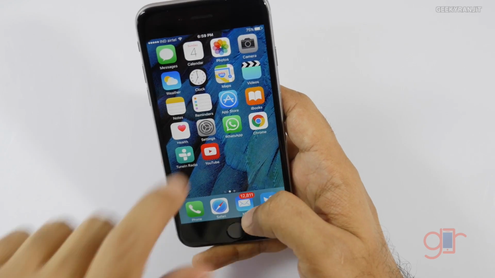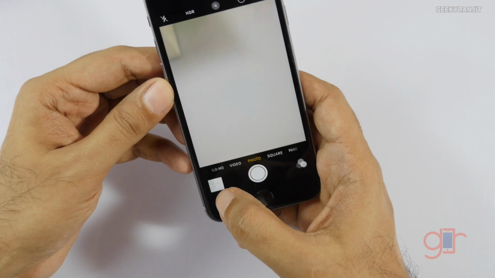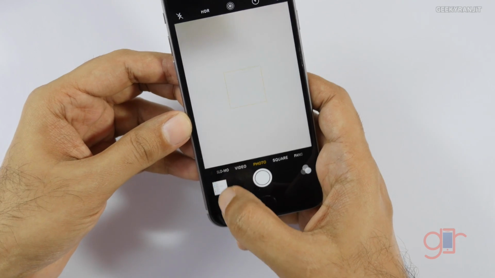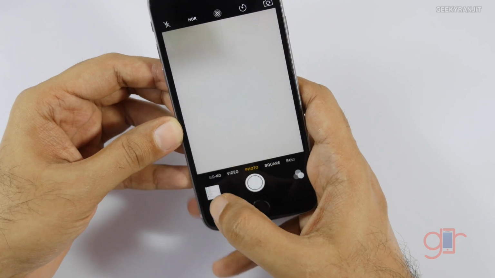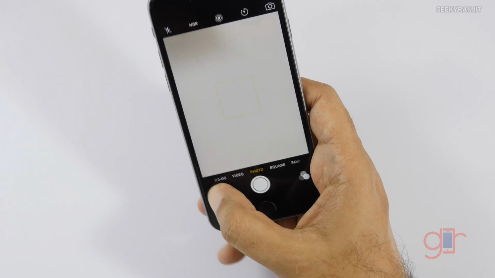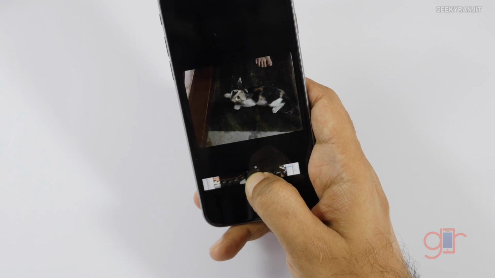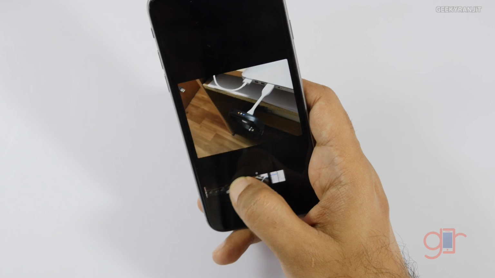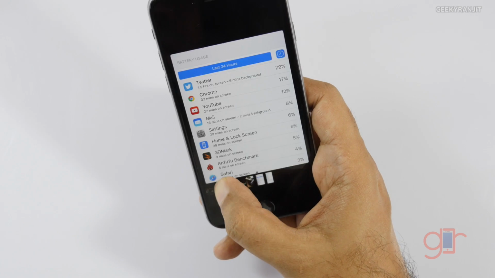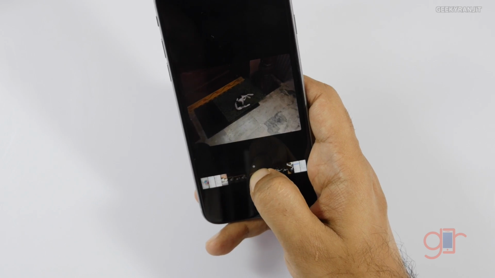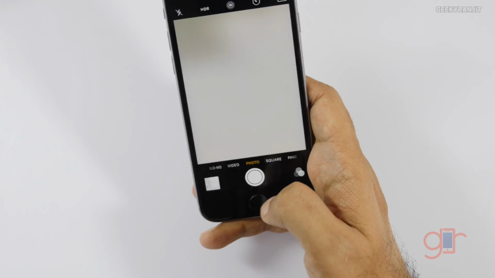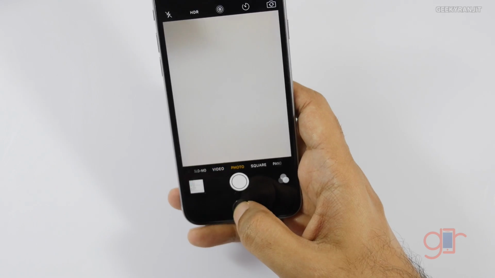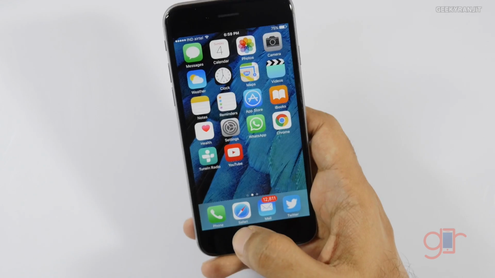And if you even go to the camera, by default, if you just tap over here, you get to preview the last picture. But if you do the 3D touch, now you can just scroll like this and see all your recent photographs. So this is a very fast way to scrub between your photographs that you have taken using 3D touch.